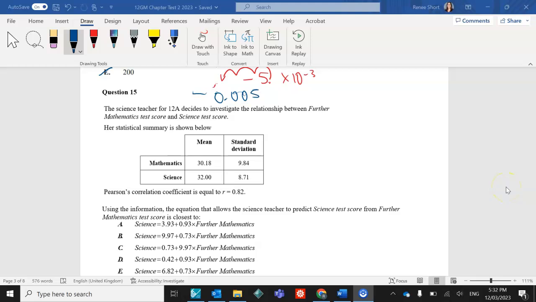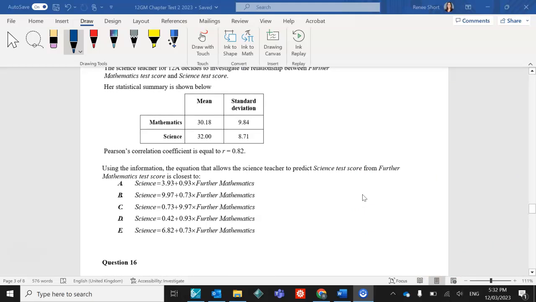Let's look at question 15, and it says that a science teacher decides to investigate a relationship between further mathematics test score and science test score and gives us this summary shown below. We've got the mean and the standard deviation for each subject, and it tells us that they want to predict the science test score from the further math score, which means that science is my RV, maths is my EV,